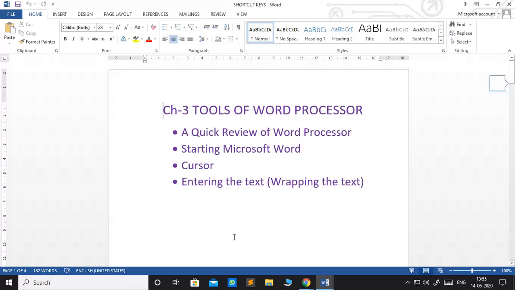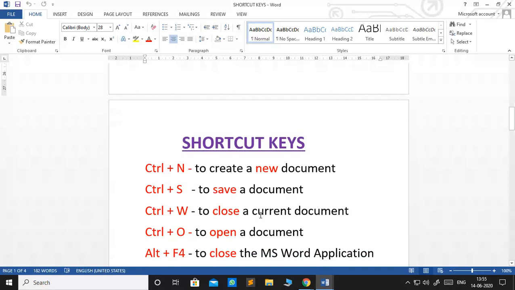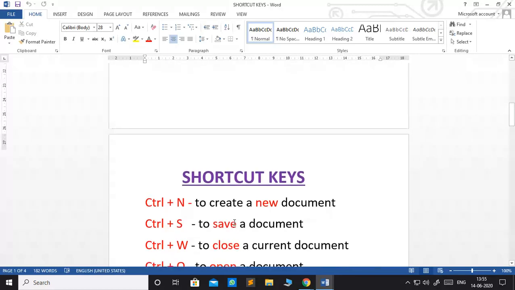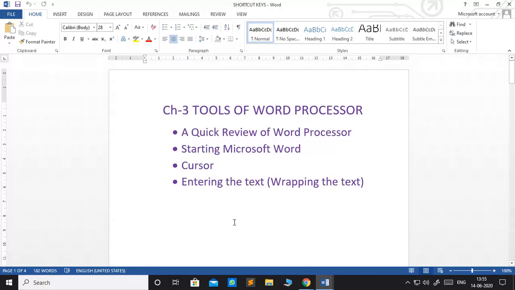What are the shortcut keys? A shortcut key is a particular key or key combination that helps in quick execution of specific function within a program. So these many shortcut keys we are going to learn. Okay, so now one by one we will see first how we perform all the actions through the file tab.